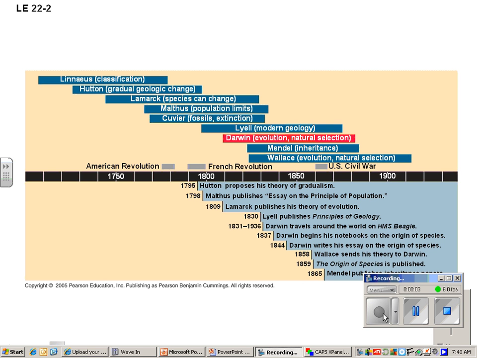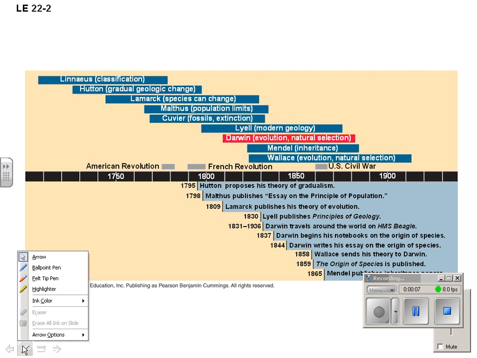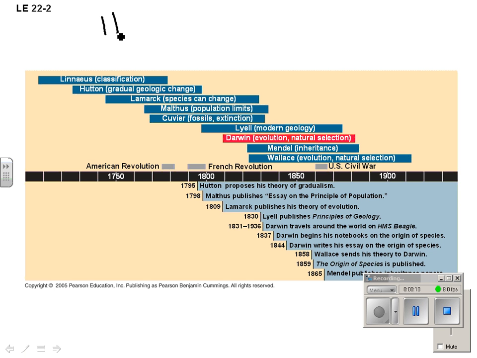This discussion is essentially the history of evolutionary thought, or the history of the theory of evolution. And if we look at this timeline here,